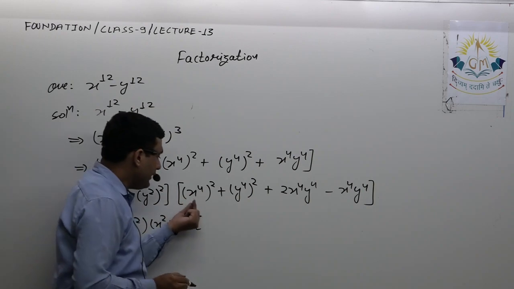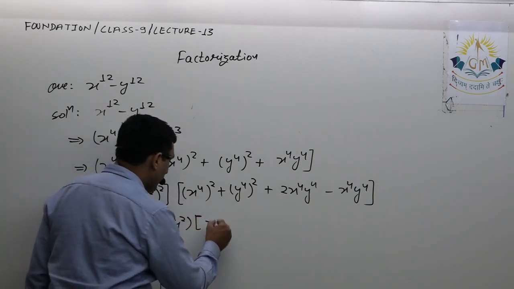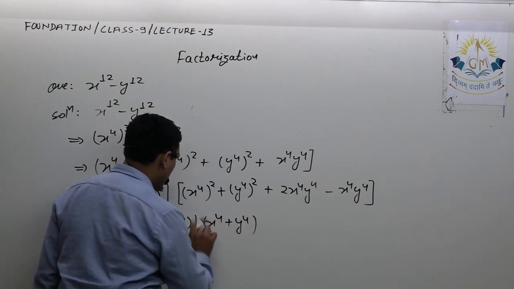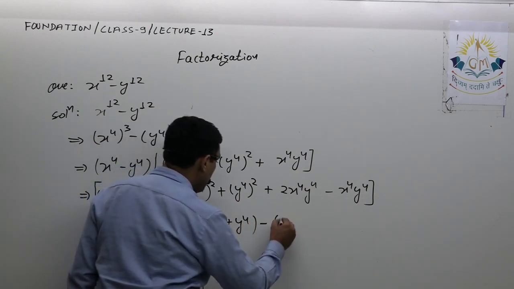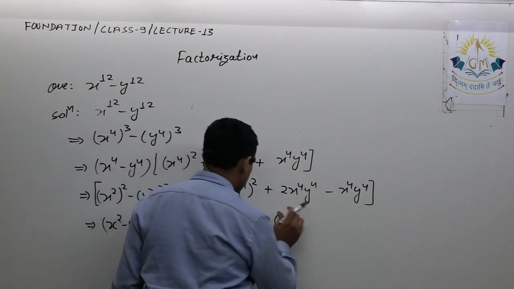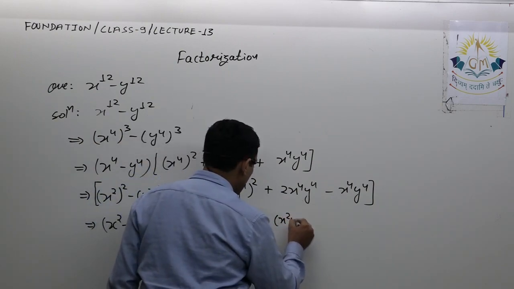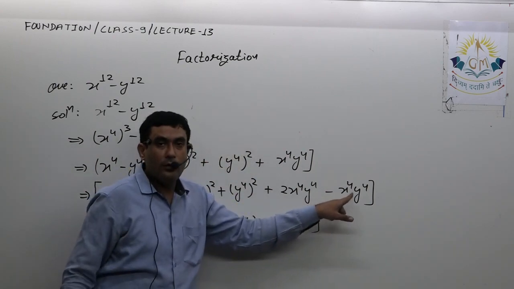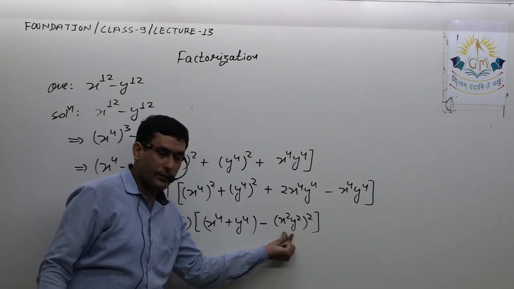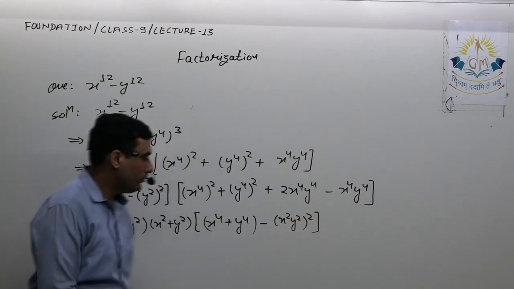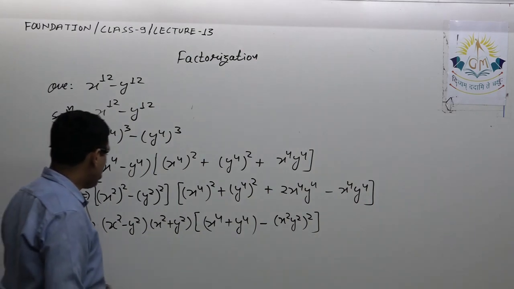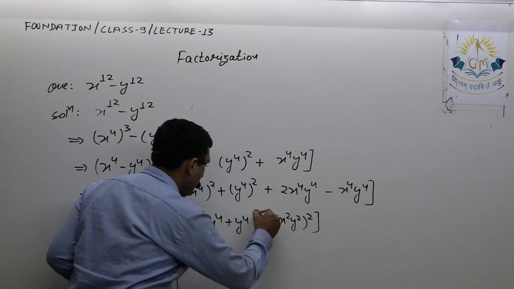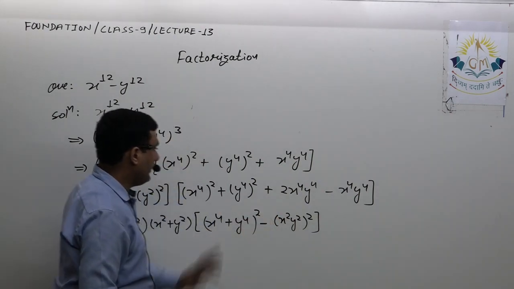Over here, see, the first three terms give an identity of x raised to 4 plus y raised to 4 whole square minus this, which can be written as x square y square whole square. This x raised to 4 y raised to 4 can be written as x square y square raised to 2, isn't it? So here again it will be 2. So a square plus b square plus 2ab.